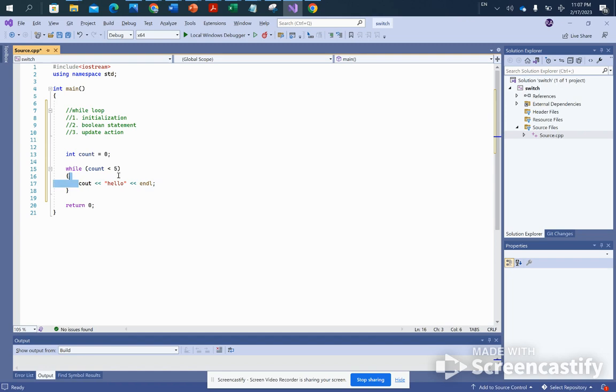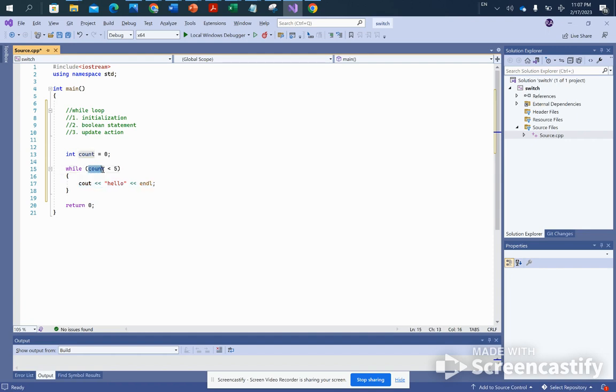This specific statement, again, I want it to print 5 times. Now take a look at this statement. It says, as long as count is less than 5, remember, this condition will give me true. Count is 0. 0 is less than 5. So this is true. Now, as long as this condition is true within the while statement, the while block that I have in here will be executed.